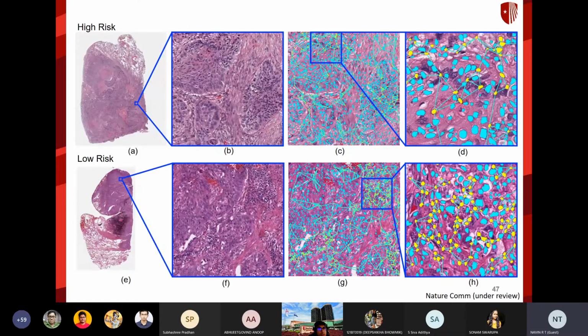So here's a qualitative example. Like I said in the beginning, it's always important to understand what these features mean and show these features to clinicians and see if it actually means something from a visual perspective. Now, if you look at these high-risk patients and the low-risk patients, the blue cells are the cancer nuclei, and the yellow cells are the tumor infiltrating lymphocytes. So we can see that the arrangement of the cancer nuclei with respect to the tumor infiltrating lymphocytes is very different for the high-risk case as compared to the low-risk case.